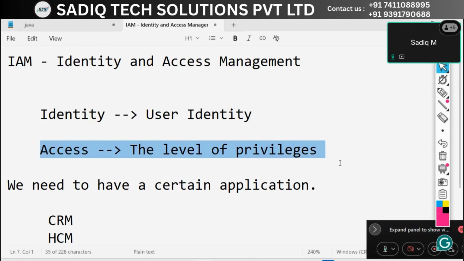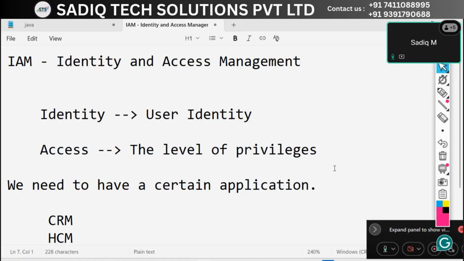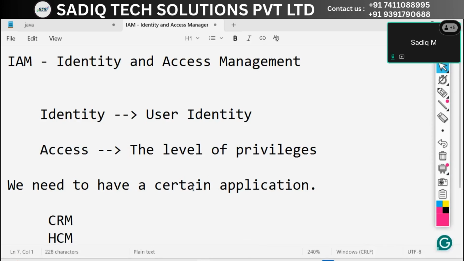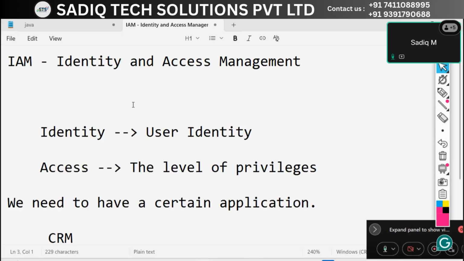Any business which is running and maintaining digital applications needs to have IAM. That is why IAM is becoming more popular, and that is why we are discussing this session. Before IAM, employees, users, and enterprise owners faced a lot of issues, and to solve the problem, IAM came. So, by definition,